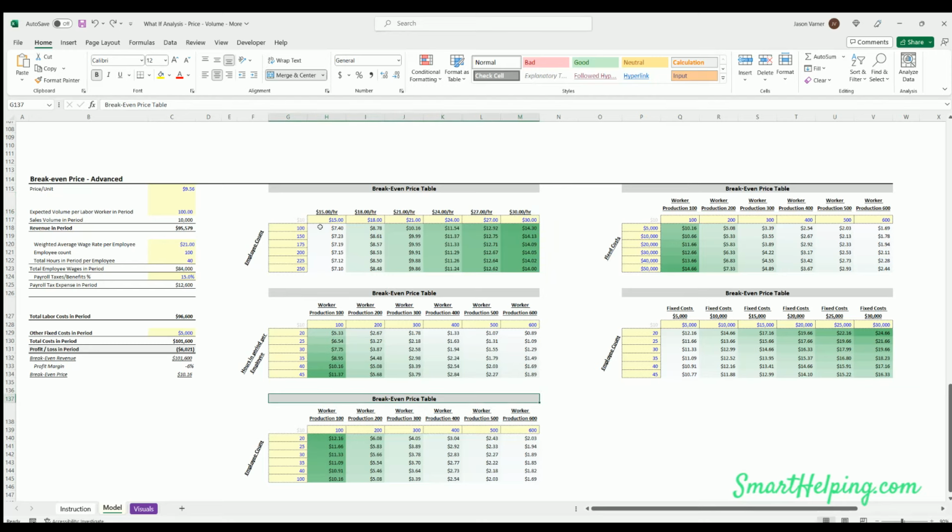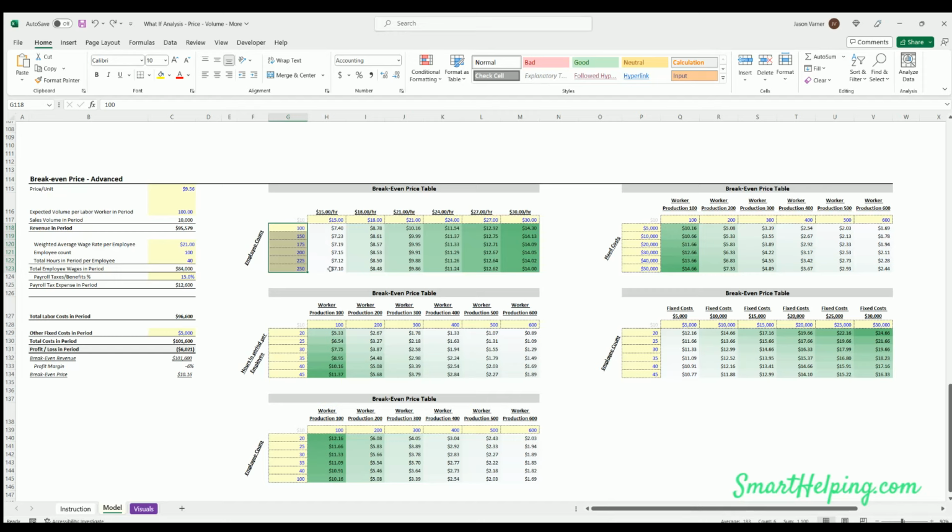So it's saying what does the price charged have to be per unit in order to break even if wages are this, employee counts are this. And note the employee count going higher here gives you a lower break-even price, and that's because as you add more employees, you're adding more volume because we have a volume per worker input here. So whatever your productivity is getting higher. That means its revenue is higher relative to your fixed cost. So your cost per unit or break-even price essentially